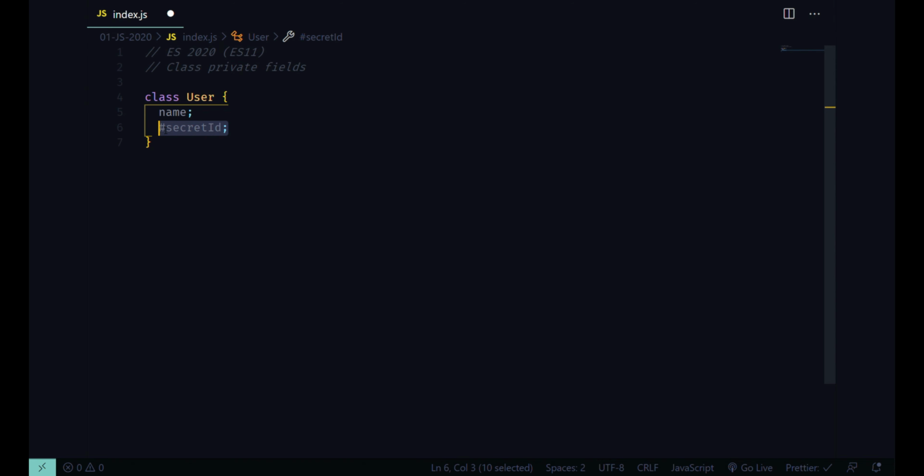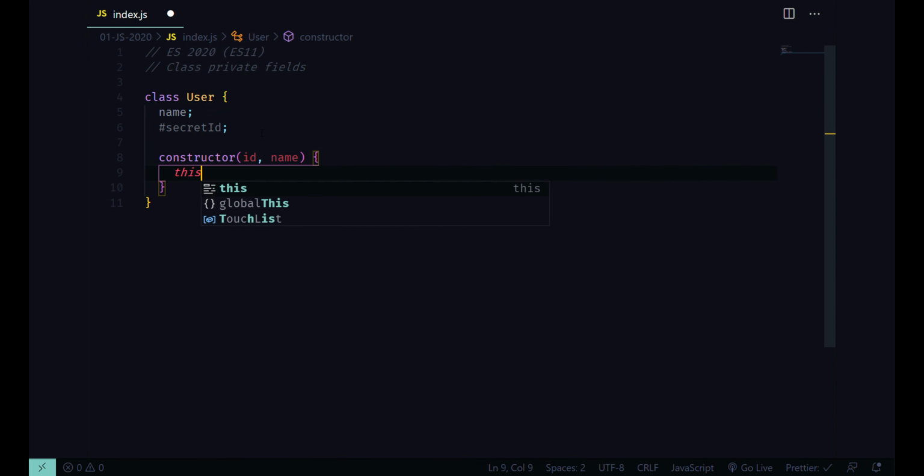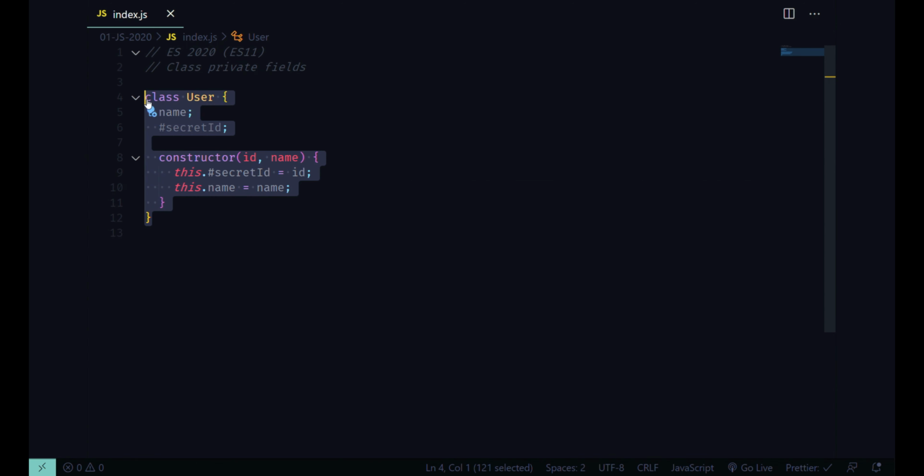So this is the syntax, and I'll be creating one constructor method which will take ID and name as input. I'll be assigning those, secret ID equal to ID, and this.name equal to name, and this is the simplest way of creating any class.